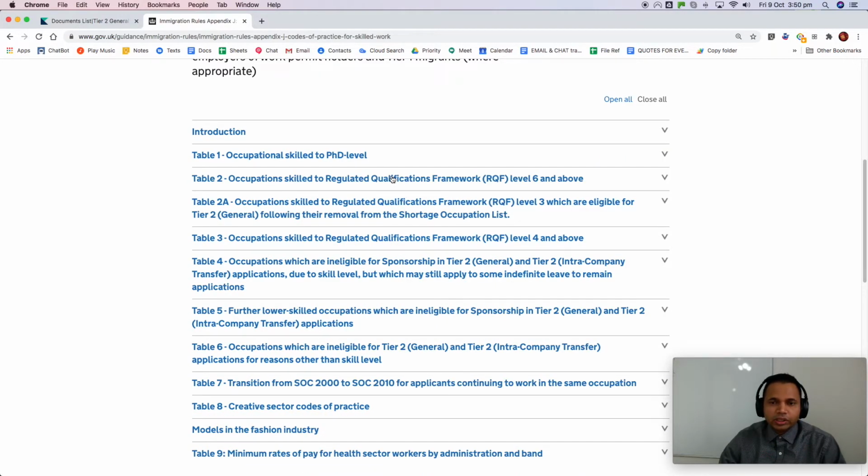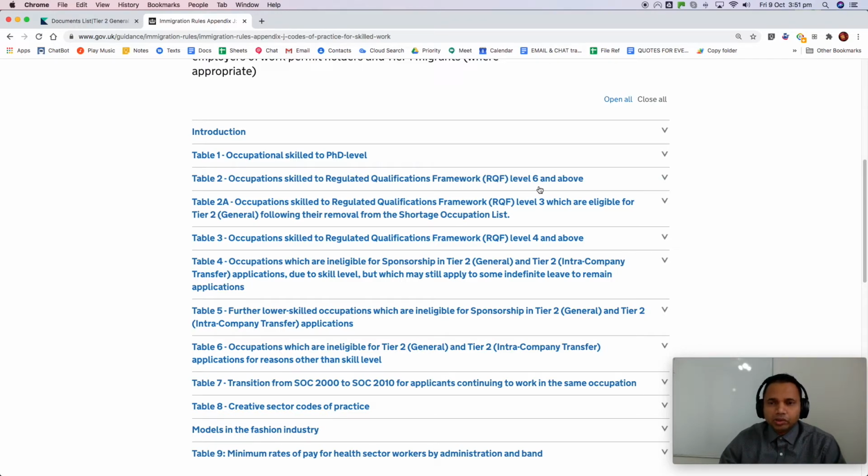From 1st January 2021 onwards, any job that is at RQF level 3 or above, you can hire a Tier 2 migrant. So you can sponsor a migrant for a job which is level 3 and above only, not level 1 or level 2. Till 31st of December 2020, the job RQF level had to be level 6 or above.